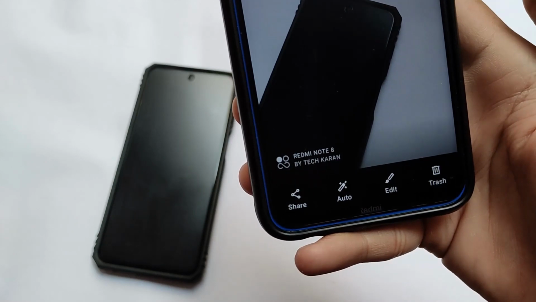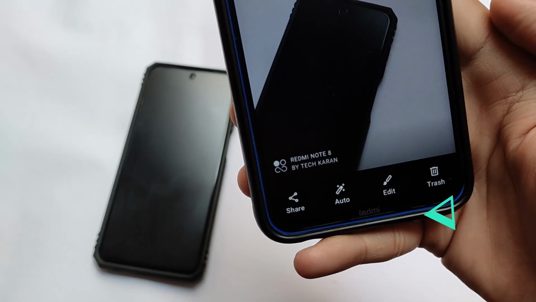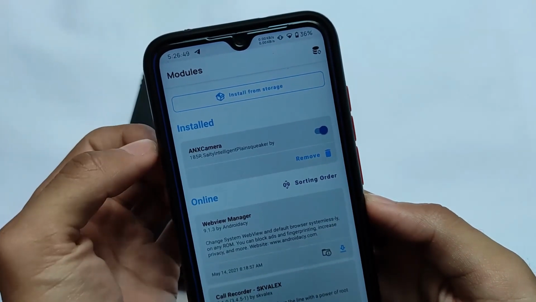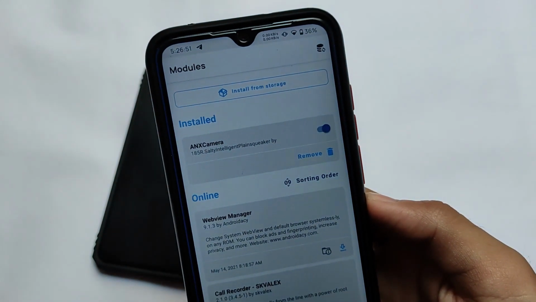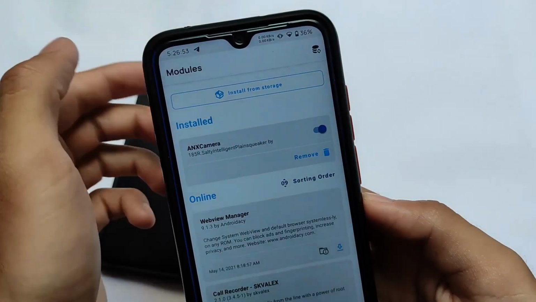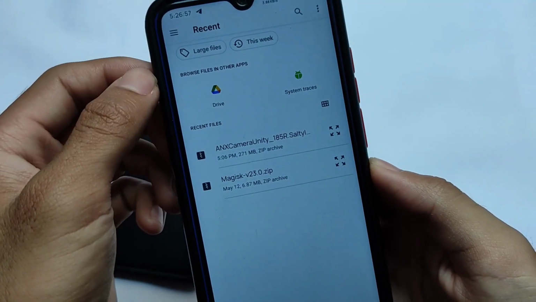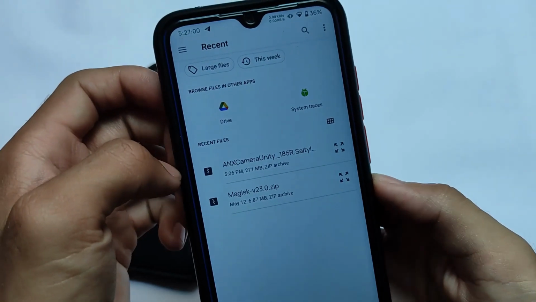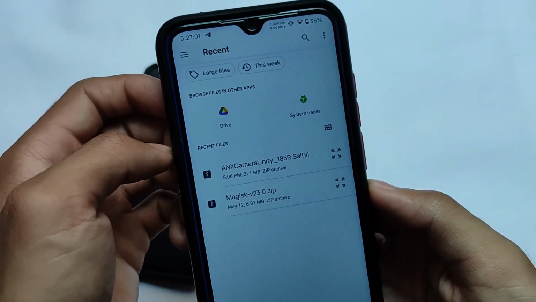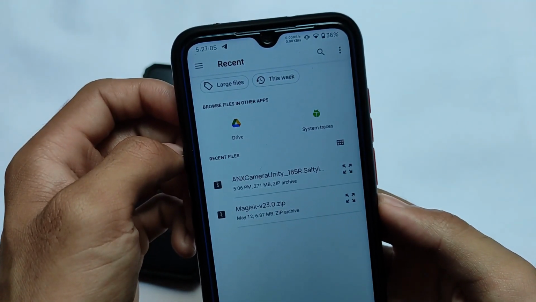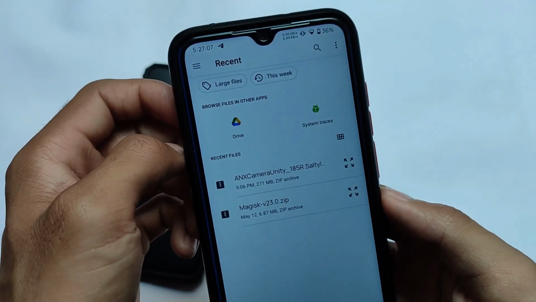And as I previously mentioned, I will provide you the official website link. You can give it a try. And how to install this, it's actually quite simple and easy. You simply need to install it as a Magisk module. I'm not going to show how you can install a Magisk module. It's quite easy. Install from storage, select the file, and you're good to go. After installation, you simply need to reboot your device. The thing should definitely work. If it doesn't work, you can try giving permissions manually also.